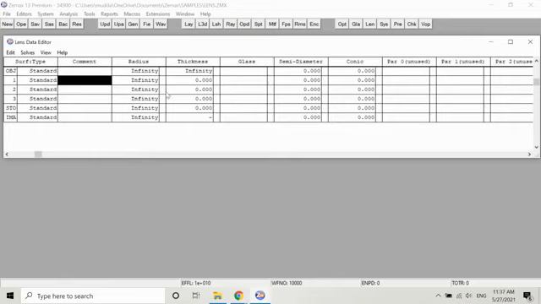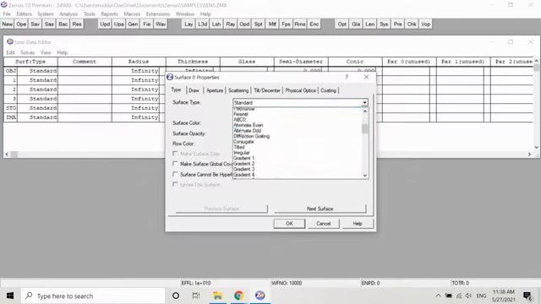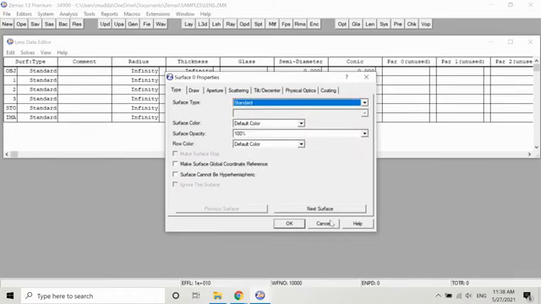Here you can see first is the object. This is basically the light source, so you can define it as standard, or by clicking on it you can check various options here, according to your choice, but it will be just the source of light, nothing else. After that, this is the comment column. Here you can name your component according to your choice, like you want to call it a source or whatever. This is the radius.